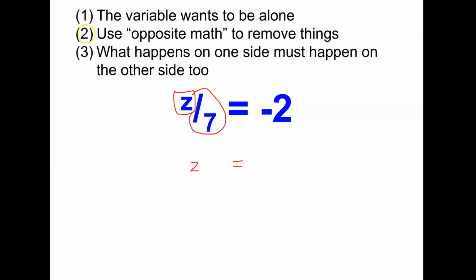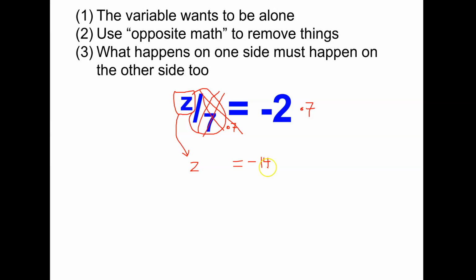To do that, we'll use rule number 2, opposite math. What's the opposite of divided by 7? It's times 7. Multiplication and division are opposites. Rule number 3 applies. Whatever we do to the left side, we have to do to the right side. So we also have to multiply the -2 by 7. Let's see what happens. These guys blow each other up. They no longer exist, which means the Z comes down. And then we do -2 multiplied by +7, which gives us